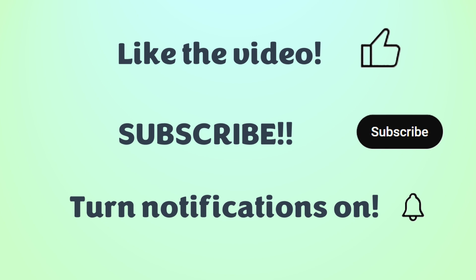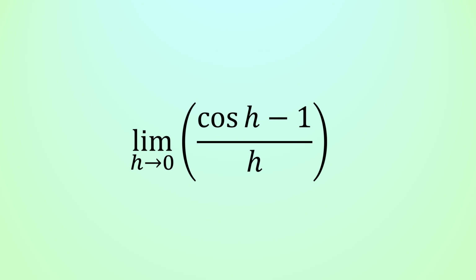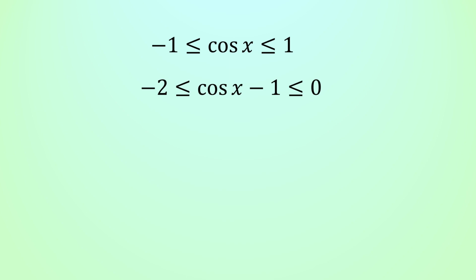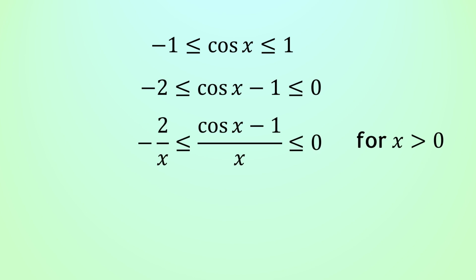But we're not done yet for this video, because I did promise that we'd calculate the limit of cos of h minus 1 divided by h as h tends towards 0. So to do that, let's once again start by looking at the function, because we know that cos of x is between 1 and minus 1. This wasn't a really helpful avenue to go down with the other limit, but you'll see there is something useful here, because we could take away 1 from both sides, therefore meaning that cos of x minus 1 is between minus 2 and 0, and then we could divide everything in this inequality by x, as long as x is